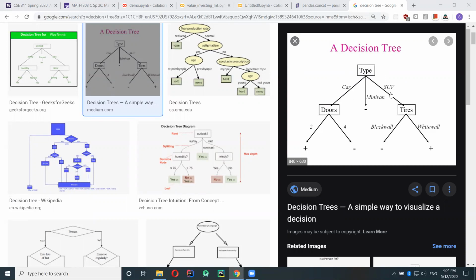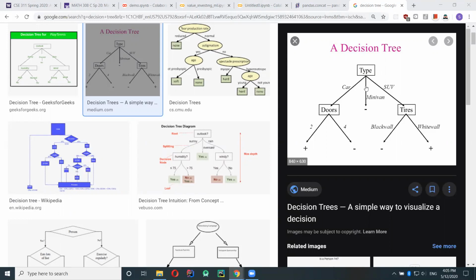It keeps making decisions until it comes to the answer, forming a tree going from the choices down to the values that you want to predict, the y values.